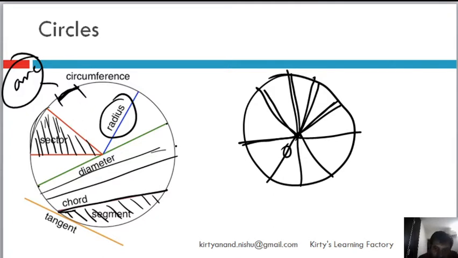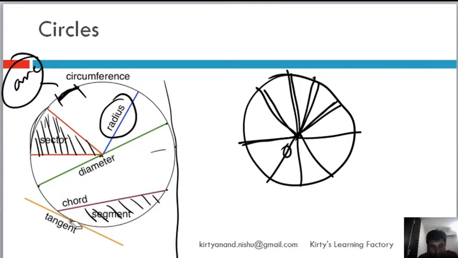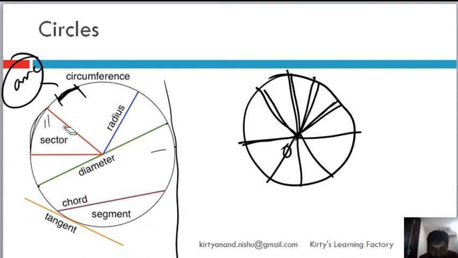At any point of a circle, if there is a line that just grazes it and goes, this line is a tangent. So it basically touches the circle at just one point. And if you join the center of the circle to that point, this is the perpendicular. And this is called perpendicular because this is 90 degrees. I will not cover it right now, but I will tell you about this later. So let me just rub it clean.